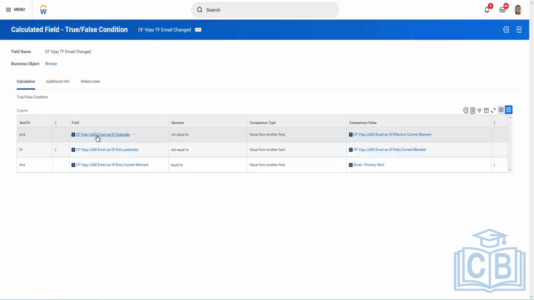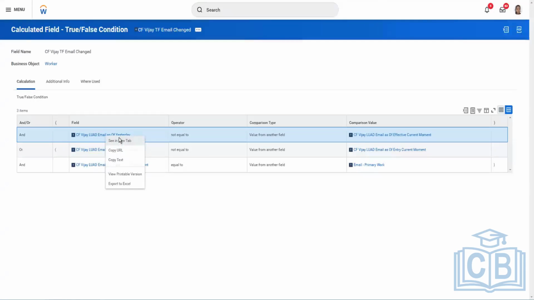Now, we have discussed the lookup value as of date fields, right? Which gives us the value of a particular field based on the entry or effective dated criteria for any particular day. So in the first calculated field which I have, I am checking the effective value of the email as of yesterday. If I open it for you,